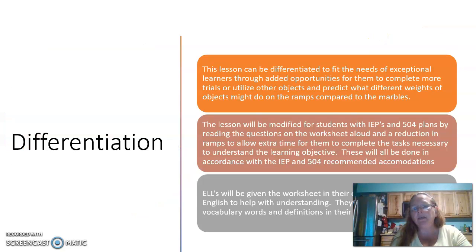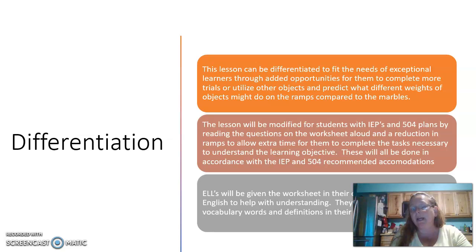Differentiation. The lesson can be differentiated to fit the needs of exceptional learners through added opportunities for them to complete more trials or utilize other objects and predict what different weights of objects might do on the ramps compared to the marbles. Next, the lesson will be modified or